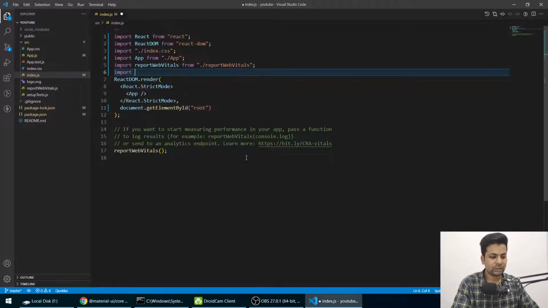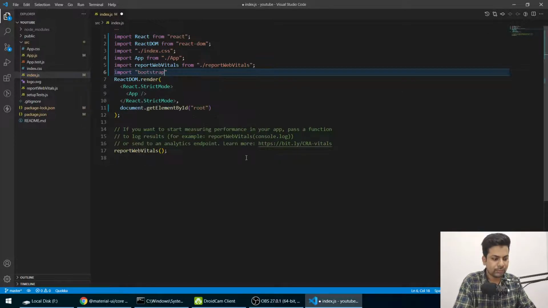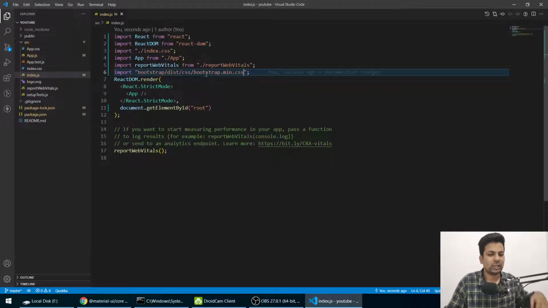So we'll say import bootstrap/dist/css/bootstrap.min.css. We'll be using this for design purposes, so you have to do it.